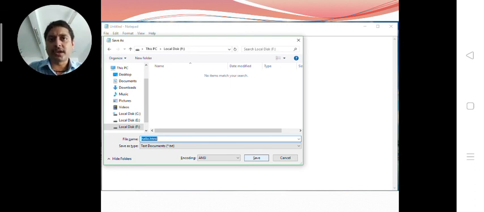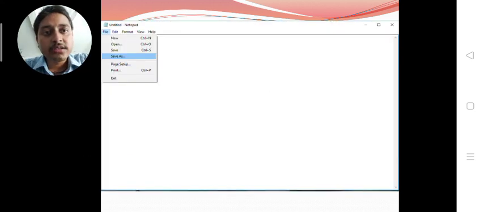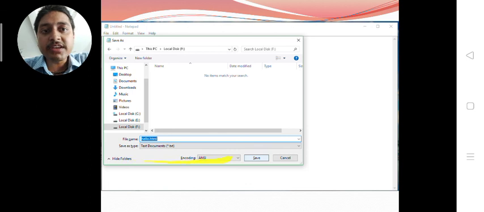So need not to worry, just open the file again, click on the files, then save as, and after that save as, name whatever you wish, .html, and in the last save as type, click on this save as type and choose all files, and then click save button, all files, then your file will become HTML file also.